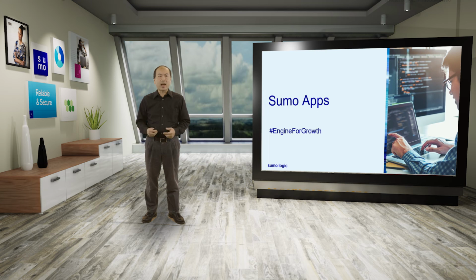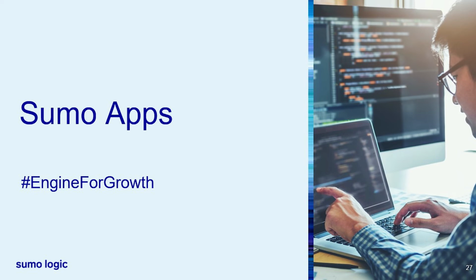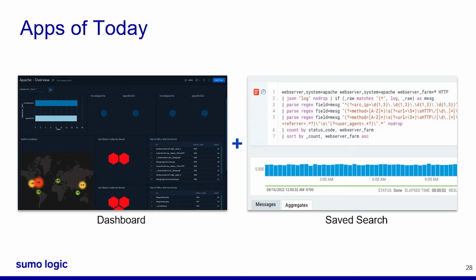Besides multi-org, another way that we enable the broader use of Sumo Logic is via Sumo apps. You come to Sumo because you have specific problems that you need to solve. And today, we have over 200 applications that run on the Sumo Logic platform to solve various types of problems. The applications that we have today are made up of dashboards and saved search definitions. As you probably know, there are many more configurations that are involved in getting data to appear on a dashboard. And those configurations are not included in the